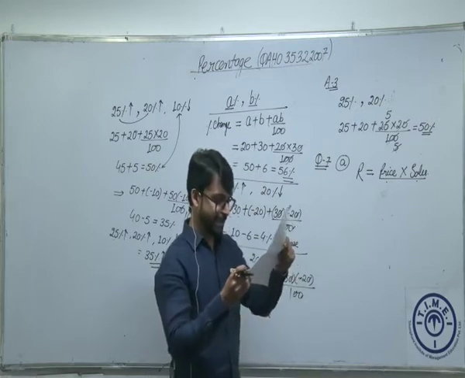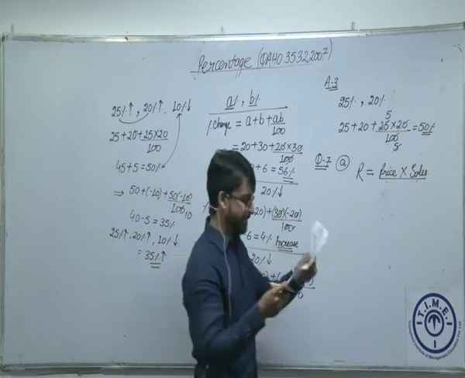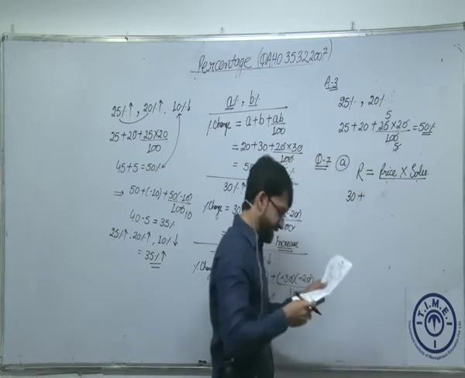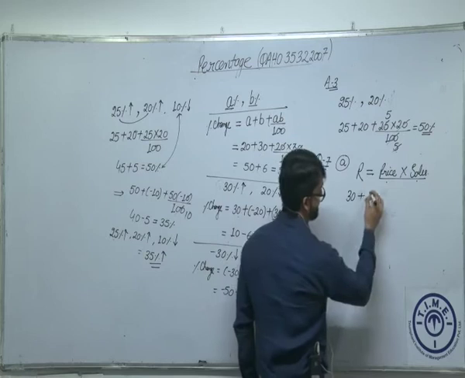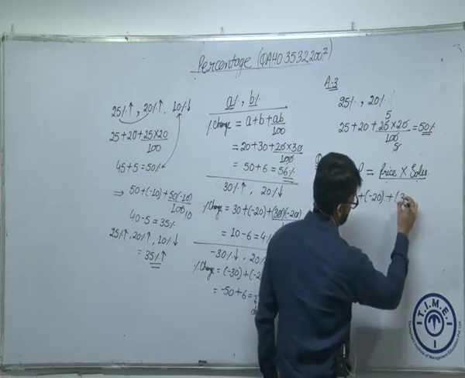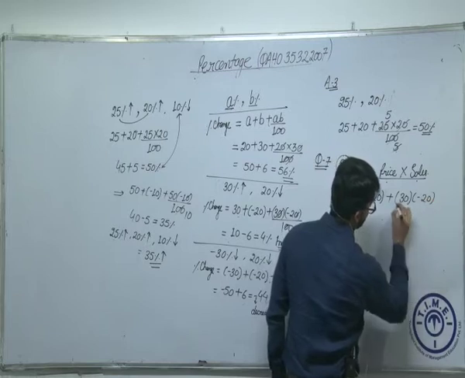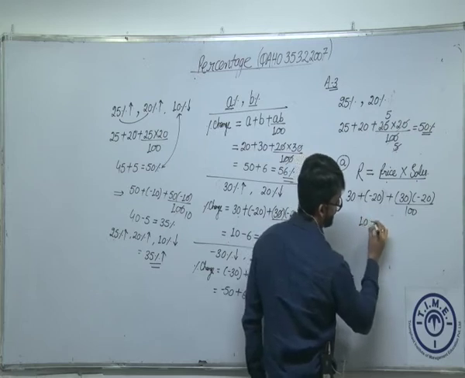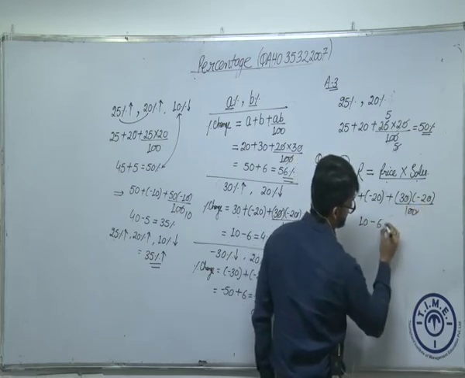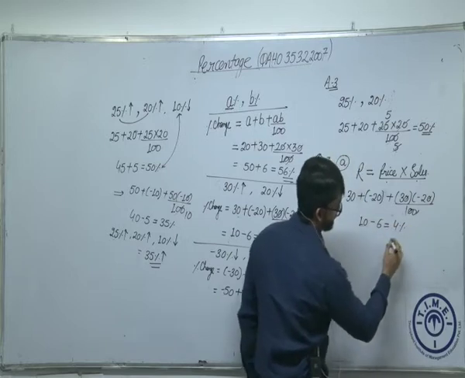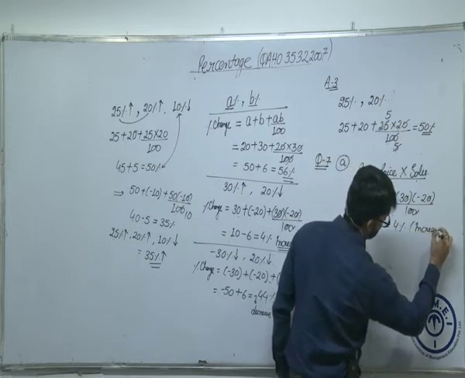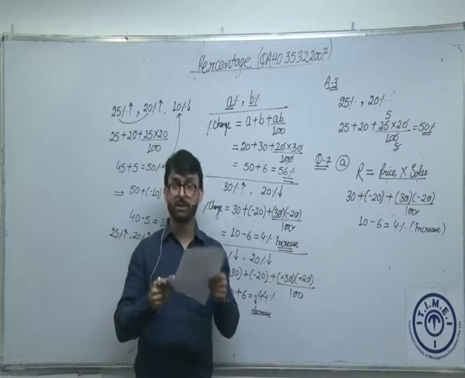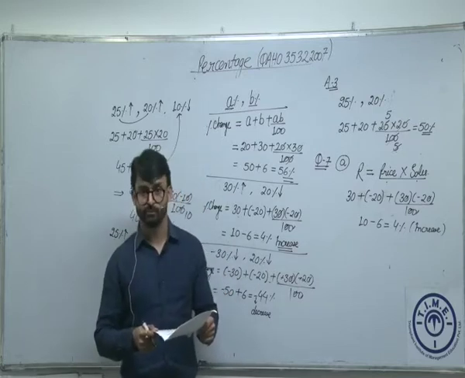What is the percentage increase in the price? 30%. Increase or decrease? 30% increase. Sales decrease by 20%, minus 20, plus 30, minus 20, divided by 100. This is 30 minus 20 is what? 10. This is 6, which is 4%, plus sign, that is increase. So my answer is 4% more than the original. Answer choice is 2. Perfectly all right.